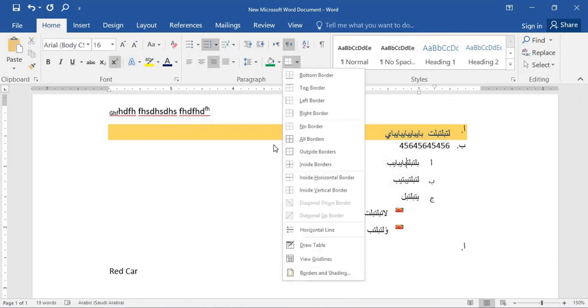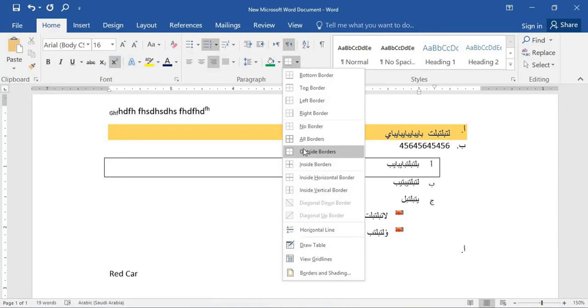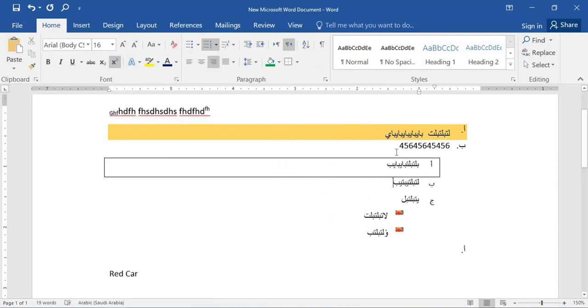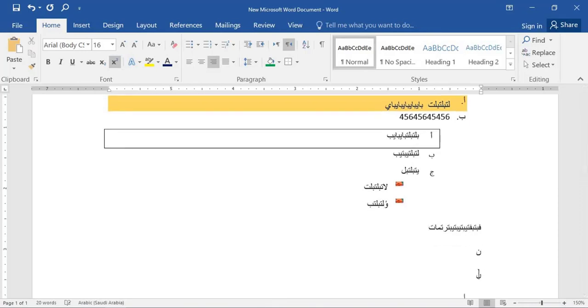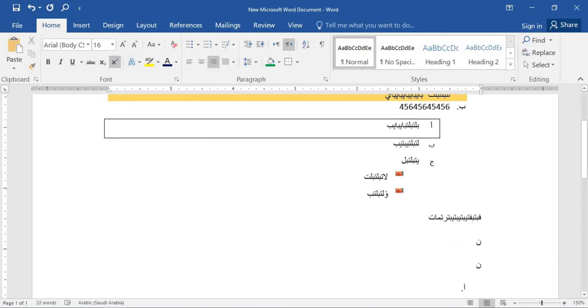By clicking here to select the borders of the selected paragraph. For example, we write some sentences and add more lines for clarification.